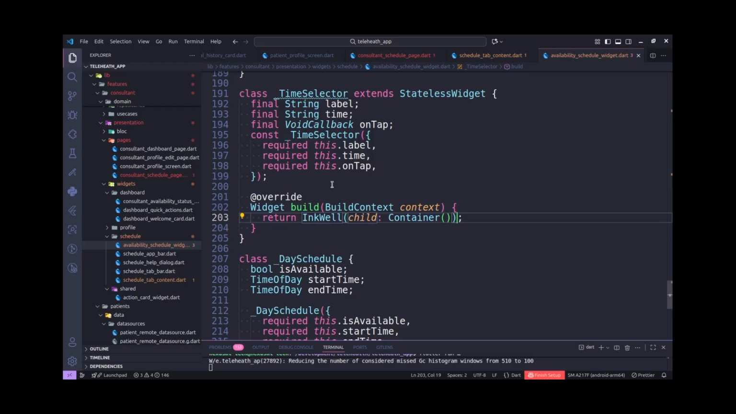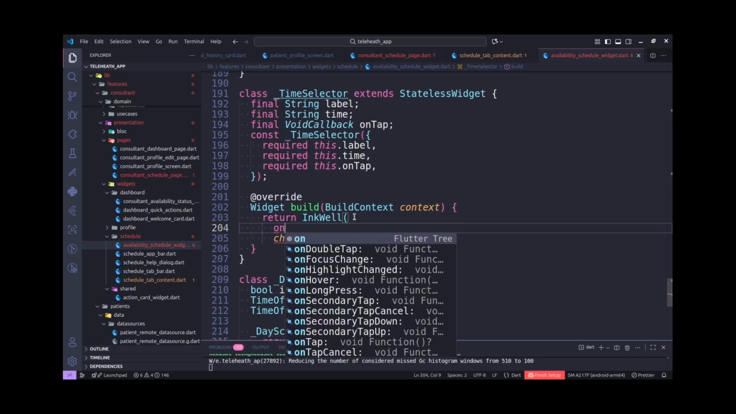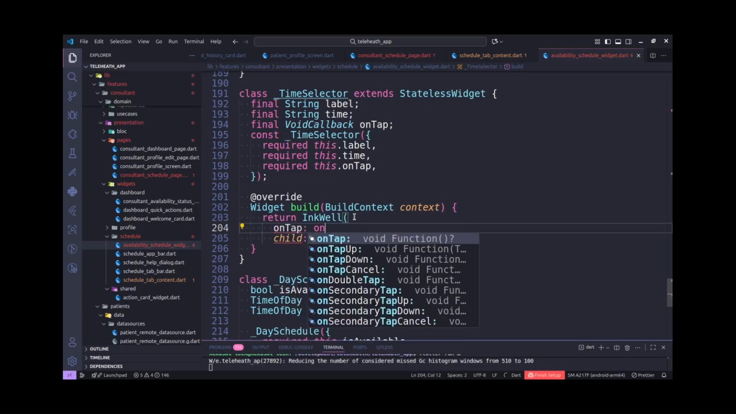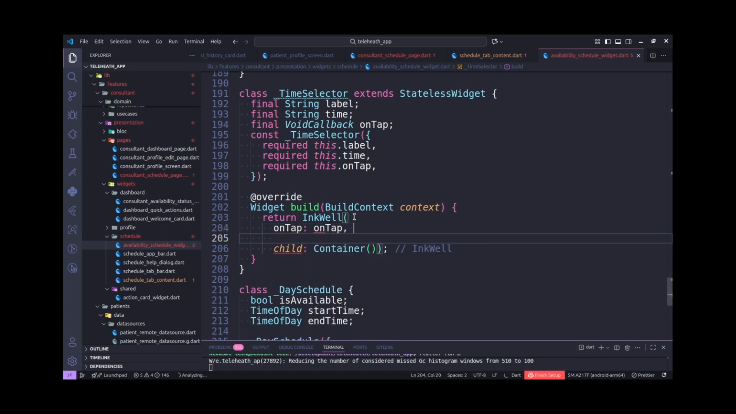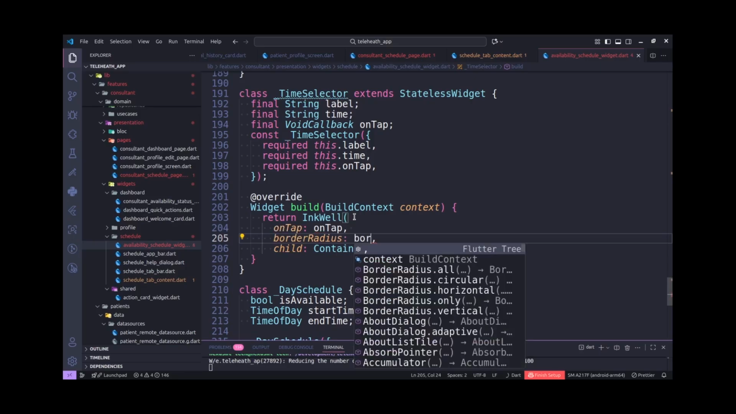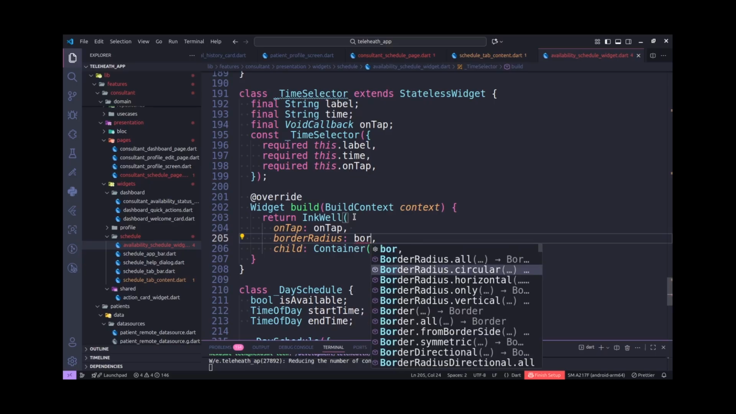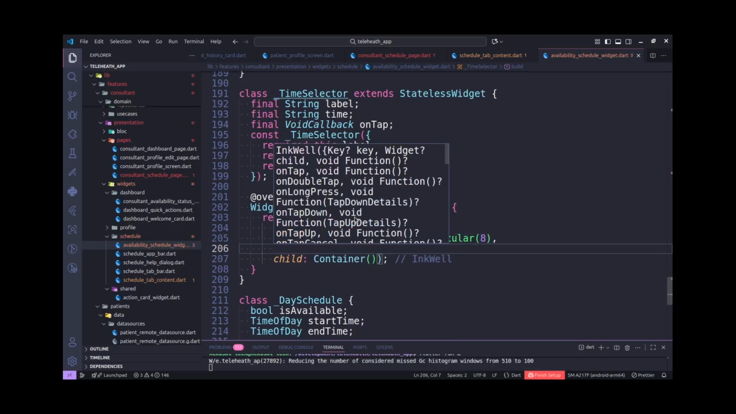Now we need to have the onTap, so when it is clicked, we're gonna pass our onTap callback. Then from there, the next thing that we need to do is the border radius. Remember, it is that part for time, so that is what we are working on. We're gonna say BorderRadius.circular, and for the value we're gonna pass 8. Then the next thing that we need to do is